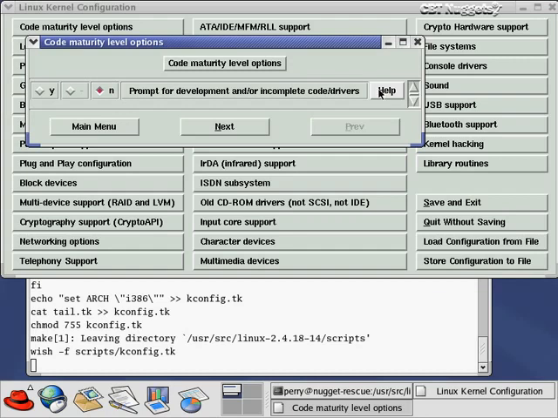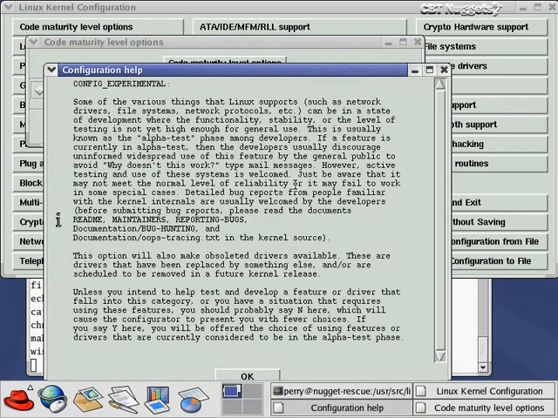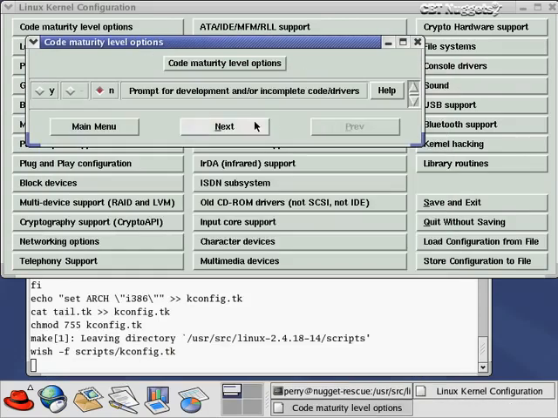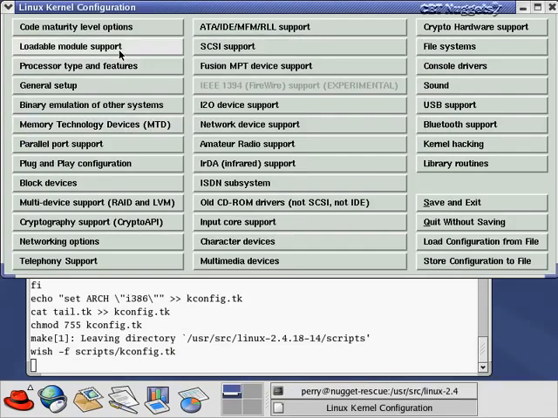Otherwise, you should just say no. And like I said, there's these help screens under each of these options, and you can click on help, and you get a pretty detailed explanation of the ramifications of answering yes and no. Okay, and you can see the summary down here. It says, unless you intend to help test and develop a feature or a driver that falls into this category, or you have a situation that requires using these features, you should probably just say no here. Okay, so we'll just say no, and we'll go back to the main menu,